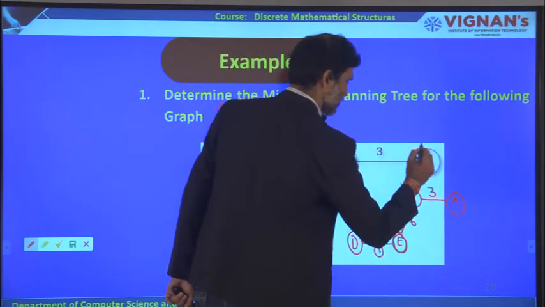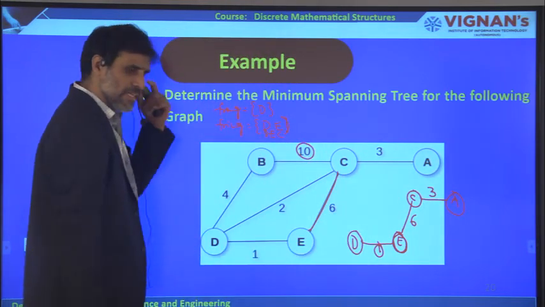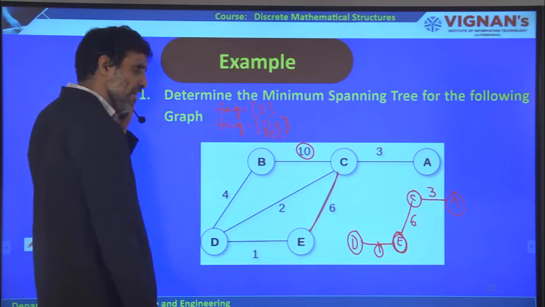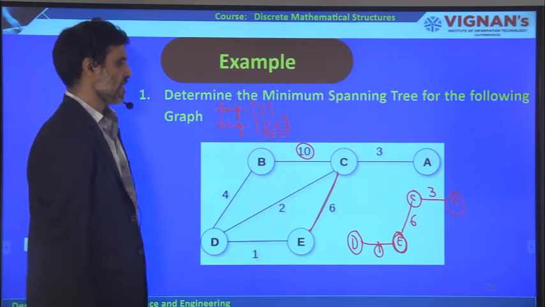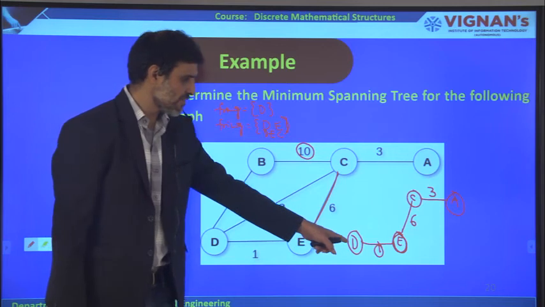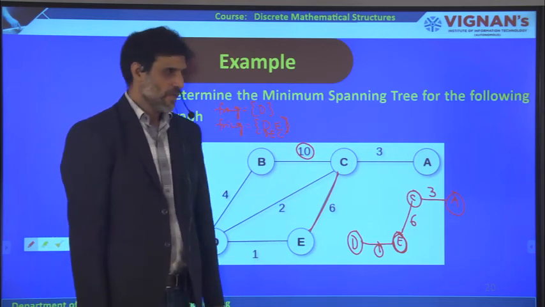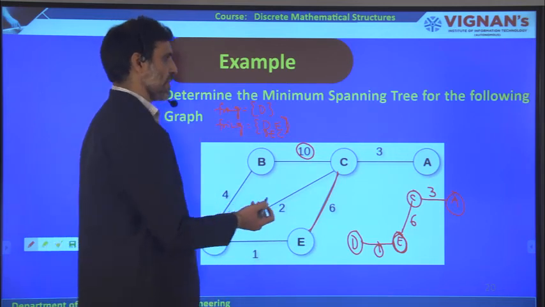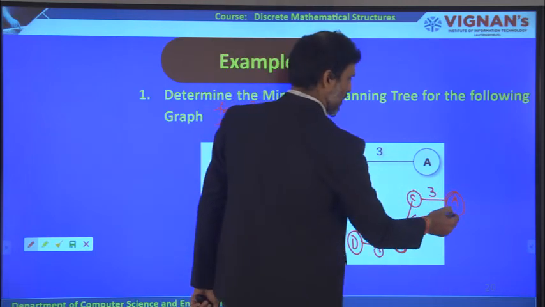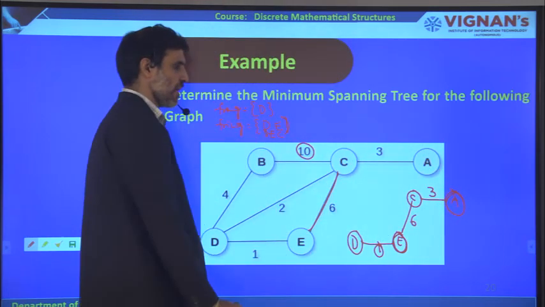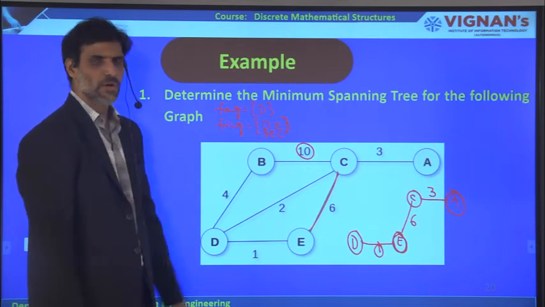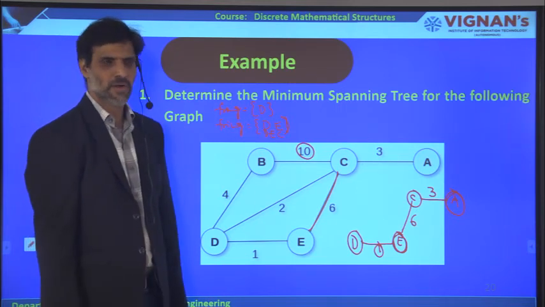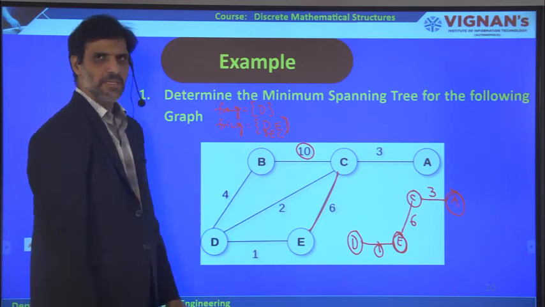So it consists of 3 vertices now. These are the vertices we are going to get when you start with the vertex D. Now, what is the adjacent vertex of A? Is there any adjacent vertex of A? No, there are no adjacent vertices of A. Therefore, it is called the minimum spanning tree of the given graph, and it does not form any cycle.